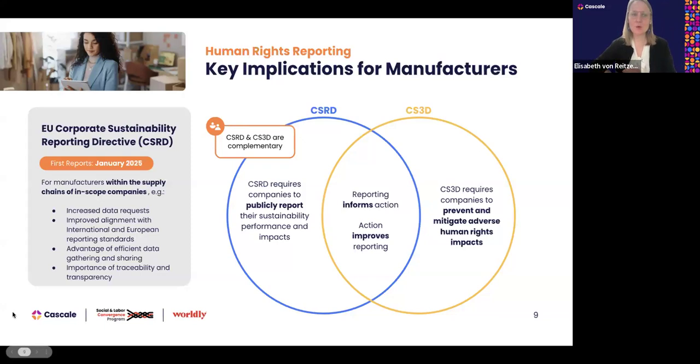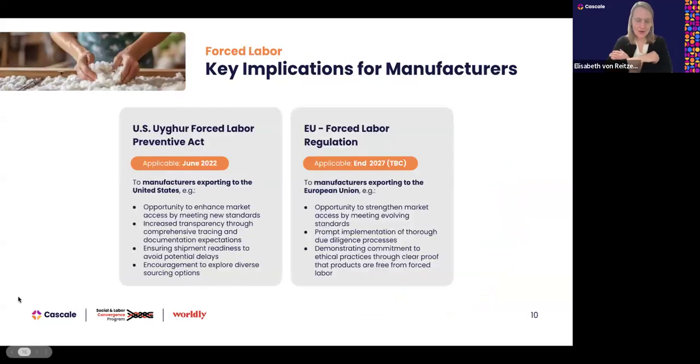CSRD requires companies to publicly report their sustainability performance and impacts, whereas CSDDD requires companies to prevent and mitigate adverse human rights practices. And indeed, reporting informs action, and action improves reporting. So with that, I would like to come to the next area,